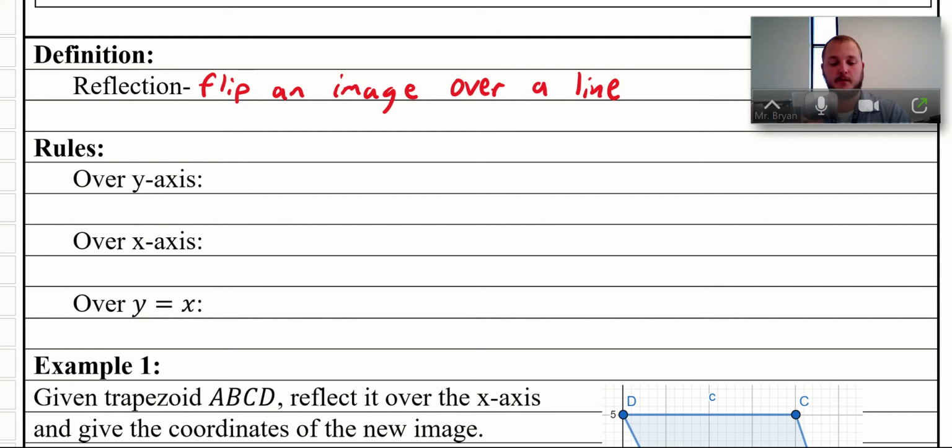Okay? So first rule, if we have over the y-axis, if I have some shape, whatever, it doesn't matter, triangle, quadrilateral, pentagon, so on and so forth, what happens to the x coordinates, and then what happens to the y coordinates? So if we think about this, when we talked about this in class, when I reflect over the y-axis, I'm going to start with the x coordinates. The x coordinates,